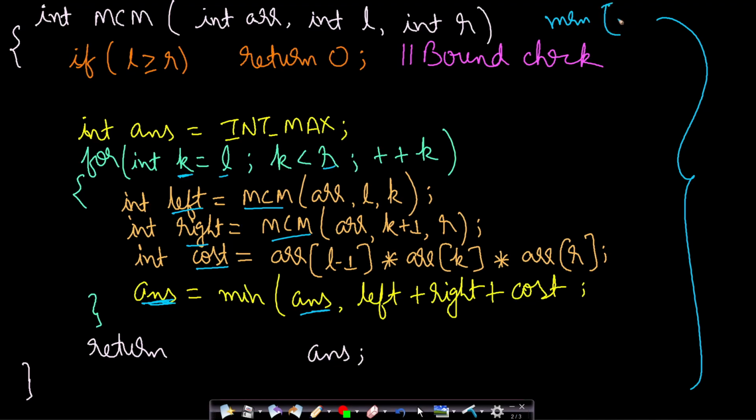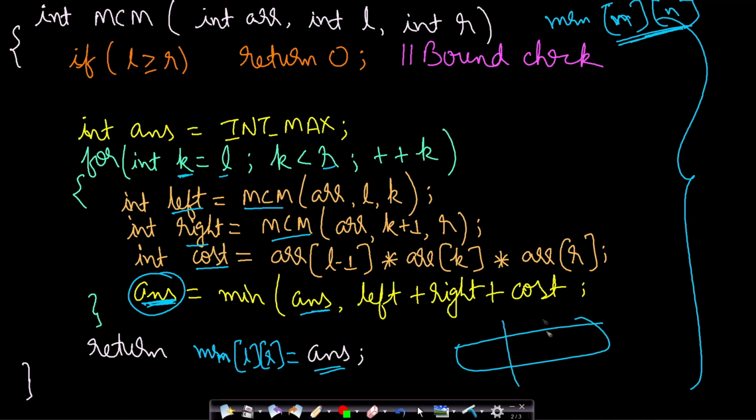And what will be the size? You can take the size as n by n, where n is the number of matrices you want to multiply. So if you can see here, now in the memoization array you need to update the answers. Whenever you calculate the answer, the optimal answer will be contained in this answer variable for this given subproblem. And now just before returning, you want to save this answer into your memoization array. So you can store at L and R, saying that the answer for the partition between L to R, that means this part, will be equal to this one, which is calculated already, right?